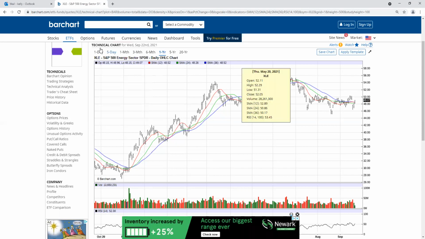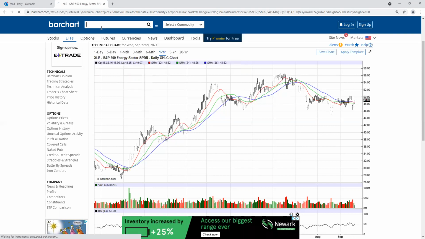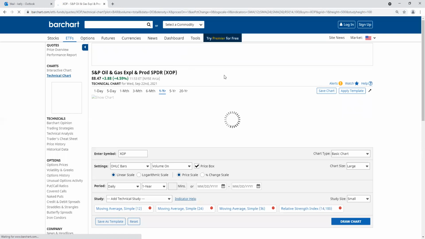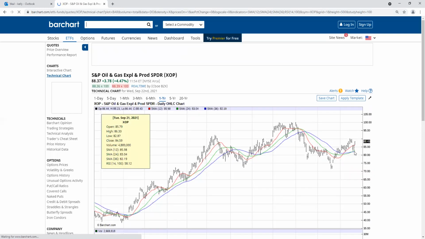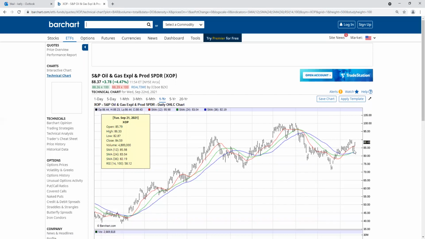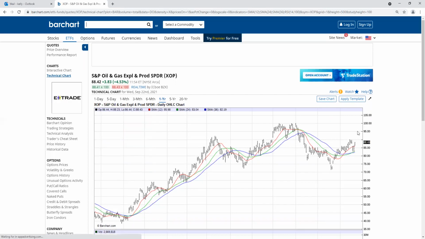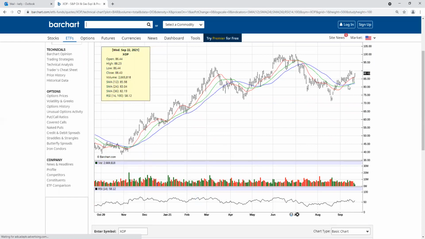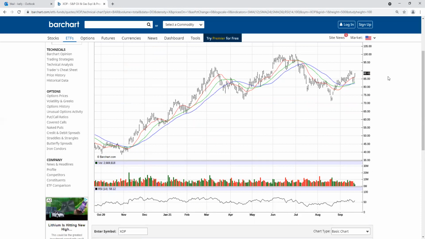Let's look at XOP, which is your exploration and your producers. Now this thing never even cracked, so this thing looks great. Okay, and you get above 90 here, and there you go. Look at the RSI pointing straight up at 50. So again, we've been touting this as a place to focus, and prices are starting to give us some evidence. I think oil's trading 72 almost.